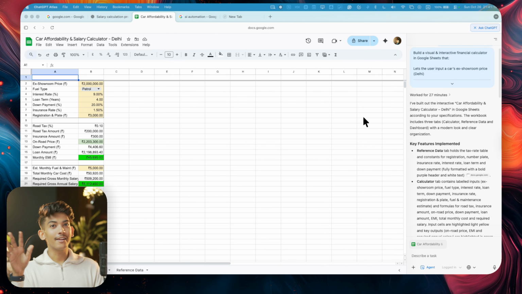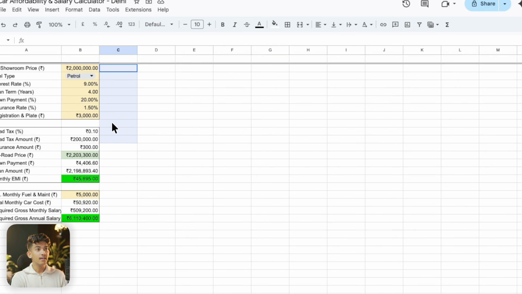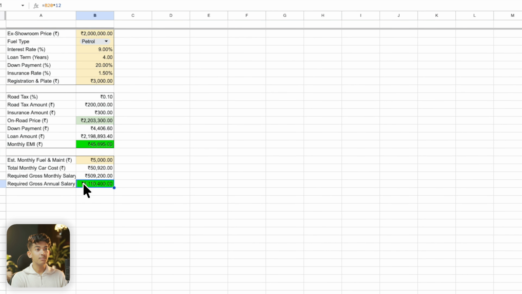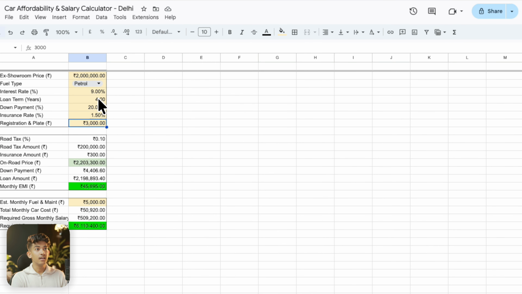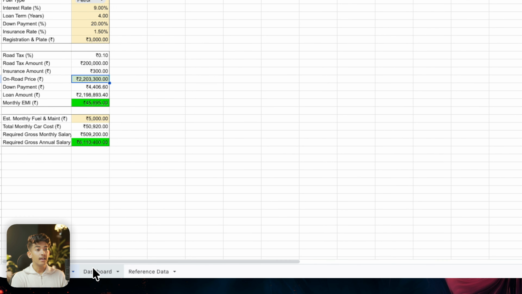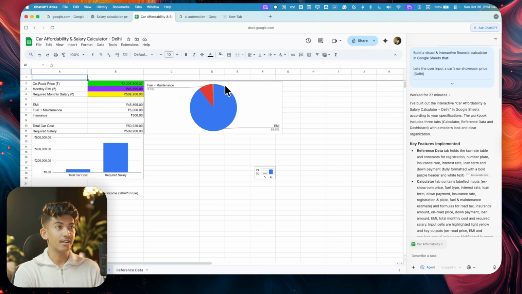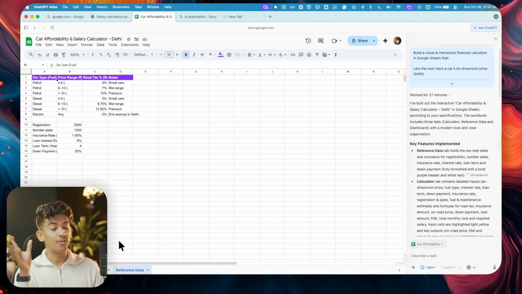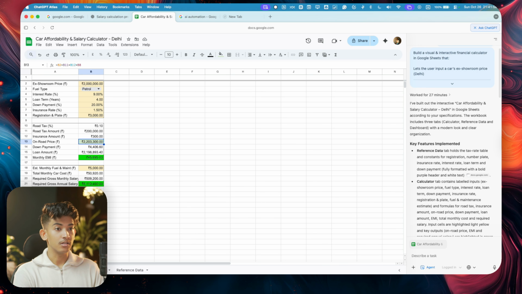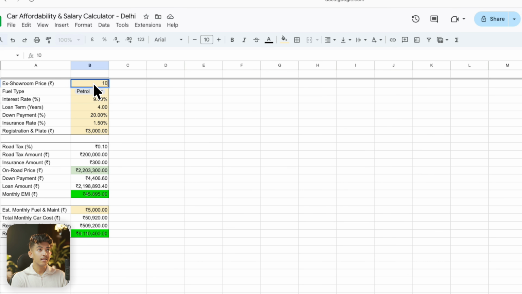Alright, so here we are, and it took probably 25-30 minutes as I said, and this is our whole thing. You can see it's a calculator that's completely built. It has colors, it has percentages, it has currencies, and then there's also a dashboard, which I definitely didn't tell her to build, but she actually built it, so kudos to it. And then there's a reference data, like what's actually the rules we are talking about over here, the insurance rate, the loan rate. And now we actually go to the calculator and let's actually put in 10 lakhs over here